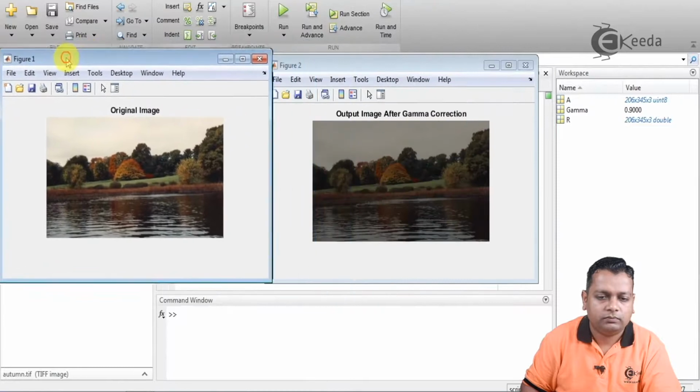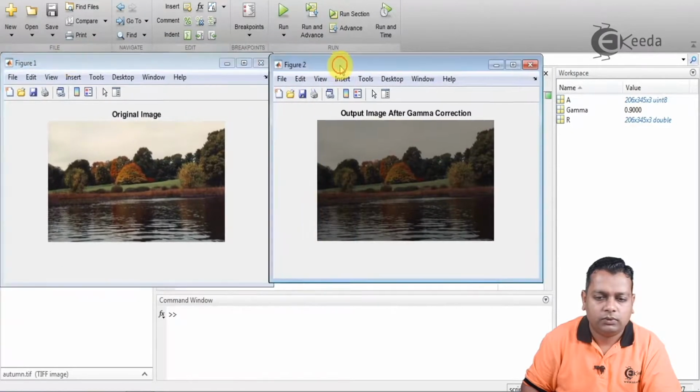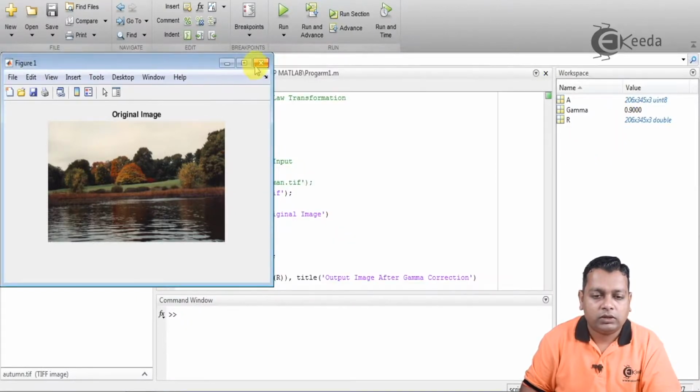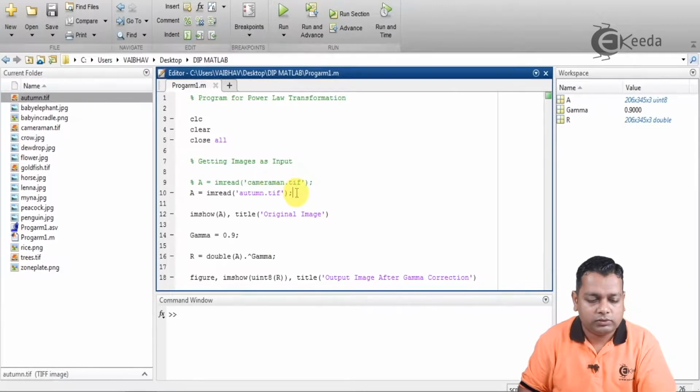This is figure 1 and this is figure 2. This is the original image autumn.tif and this is the output image after gamma correction, with gamma value 0.9. Here also we find that if gamma is less than 1, the image has become darker. We can check it on another image also.